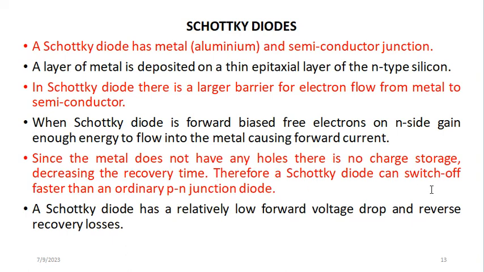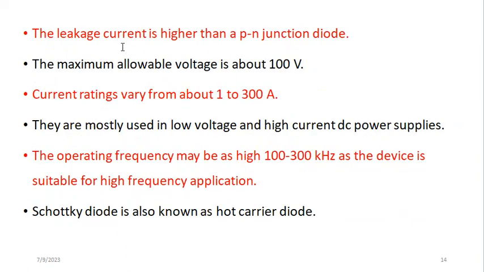Therefore, the Schottky diode can turn off faster than the ordinary PN junction diode because of this feature. And the Schottky diode has a relatively low forward voltage drop, and it has low reverse recovery losses. Therefore, all these are advantages. Now, the leakage current is higher than in the PN junction diode, which is the disadvantage. And the maximum voltage allowed for this Schottky diode is only 100 volts, and the current rating